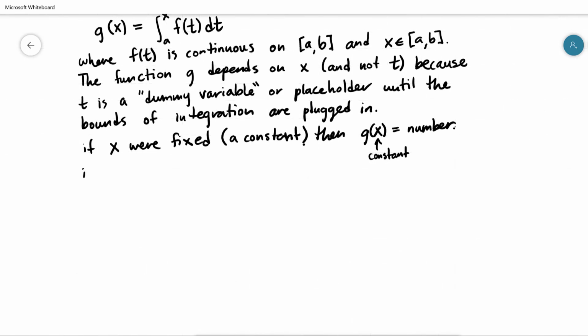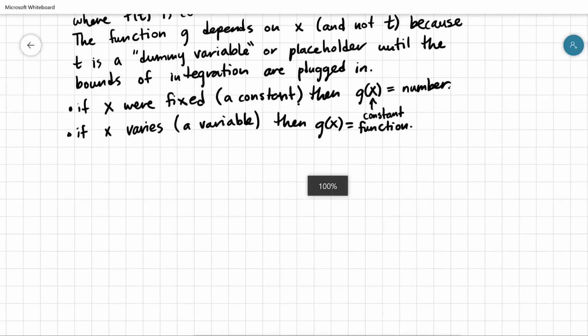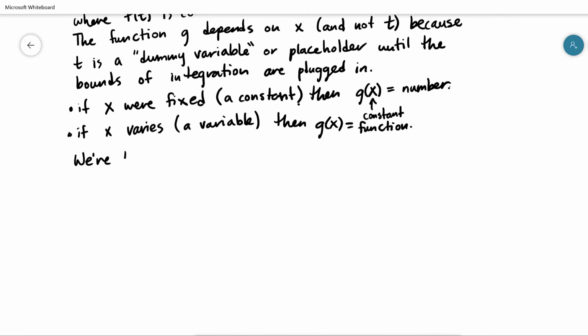But if x is a variable that's free to move, so if x is able to vary, let's just say if x varies, hence the name variable. In this case, g of x is a function. And if you pick a different value of x, you'll spit out a different number g of x. That's exactly what a function does. And so that's what we're doing. We're allowing x to move around. So we're letting x move around,